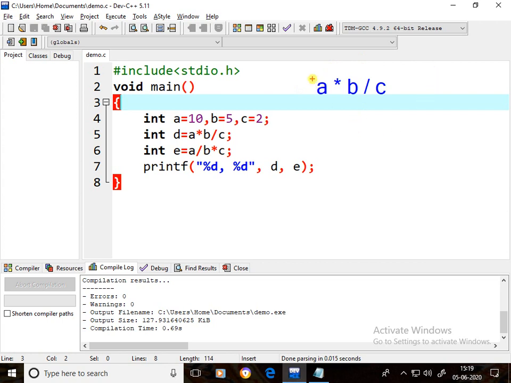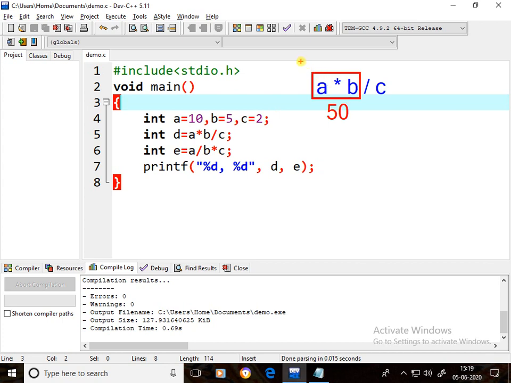So first a star b, 10 into 5, the result will be 50.